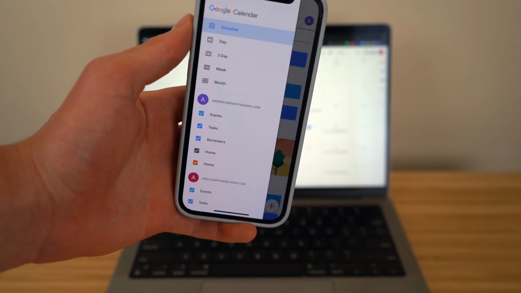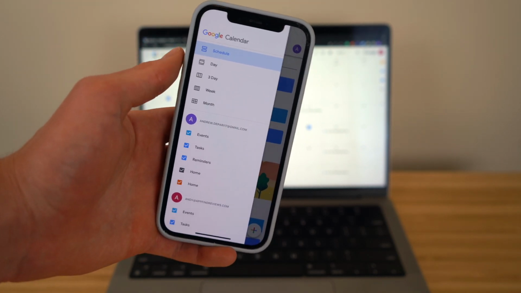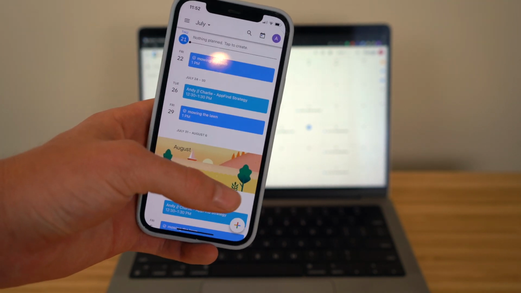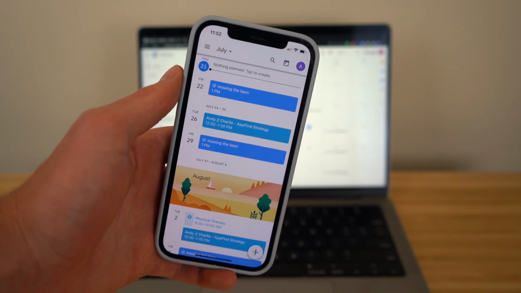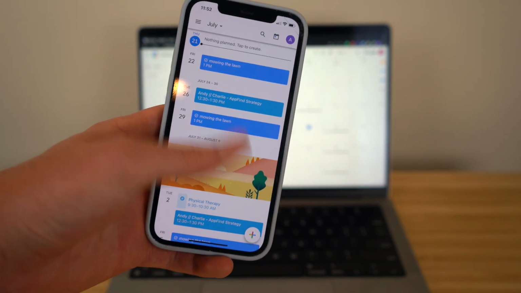Today, I'm going to be showing you a complete beginner's guide on how to use Google Calendar. The first part of this video is going to cover how to use Google Calendar on your iPhone with the app, and the second part of this video is going to show you how to use Google Calendar on your desktop. But in both parts of this video, we're going to cover all the tips, tricks, and hidden features that